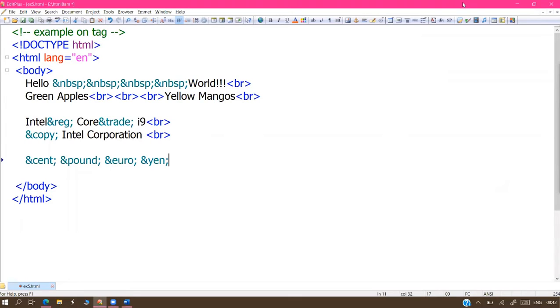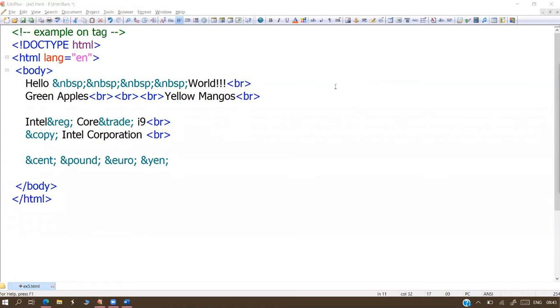Yes, sir. This is Edit Plus only. This editor that I'm using currently is called Edit Plus. We have a lot of editors in our internet world, sir. Whichever one you like, go for that one. I'm not forcing anything. I never force the students: you must use this only. Whichever one you like or somebody prefers for you, simply follow that one. Right now, I'm using Edit Plus software.